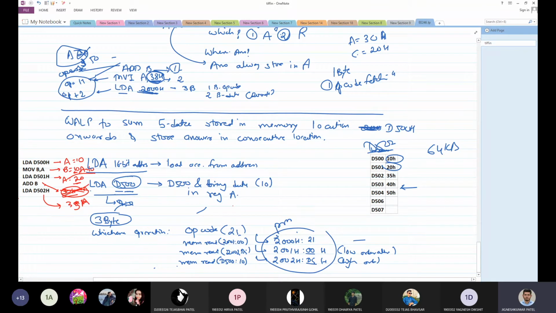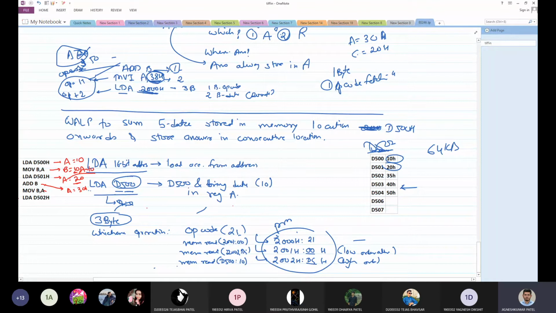Now we know that if I don't save the content of the accumulator, my previous answer will be lost. So as soon as I perform add B, I'm going to move my answer to register B again. Now see what I have done. I have moved my data to register B again. Now let us see what is happening. Addition between A and B is performed. The accumulator will have my answer, that is 30h. Now I am transferring. Sorry, this is written wrongly. Move B comma A.